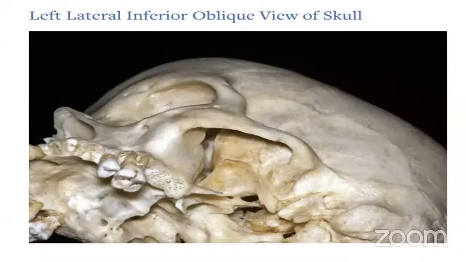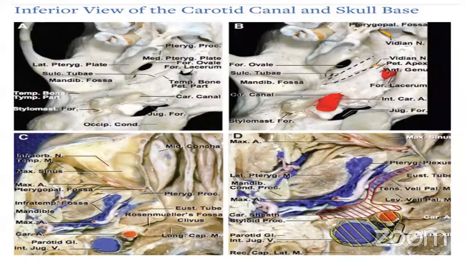Again, another picture, the lateral oblique or side view, showing the temporal fossa and the infratemporal fossa. The infratemporal fossa will be connecting to the pterygopalatine fossa via this pterygomaxillary fissure. So coming to the inferior portion towards the foramen, here is the foramen lacerum,